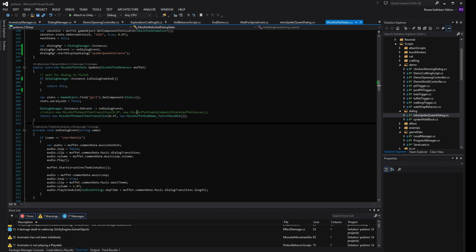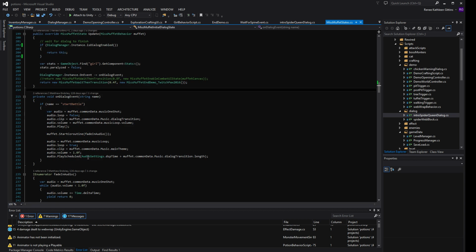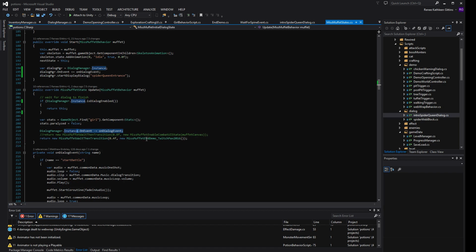This event gets set up, and then when it gets called with the proper string, it will play this. This on dialogue event gets added here, and that's where it gets removed. So at the very start of this scene with Miss Muffet, this on dialogue event gets